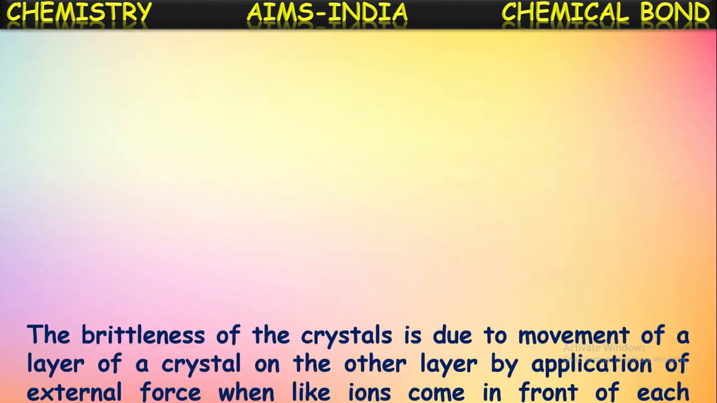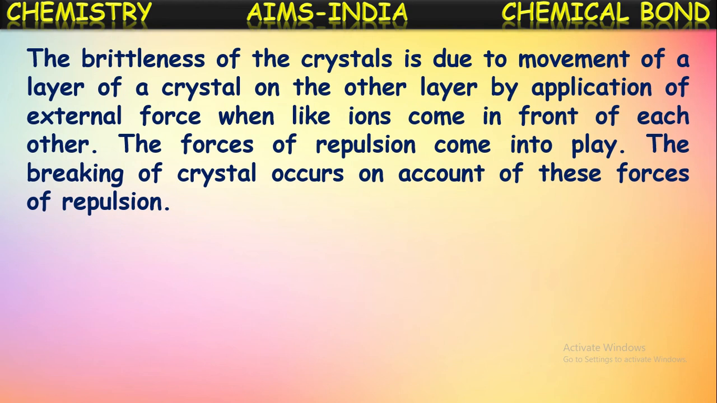These ionic compounds are hard solids but brittle in nature. What is the meaning of brittleness? Even though they are hard solids, when they are beaten or when they fall down, they break into small pieces very easily. That breaking into small pieces very easily is called brittleness. So the brittleness of ionic crystals is due to the movement of one layer of the crystal over the other layer by application of external force,